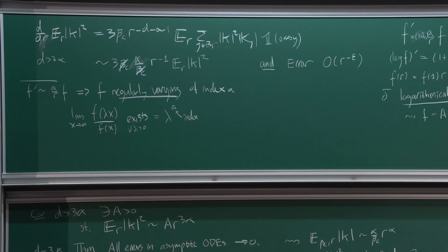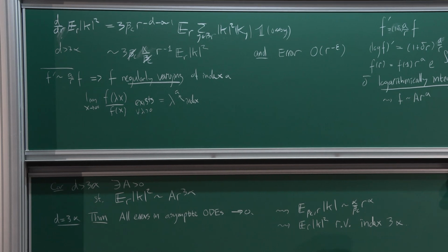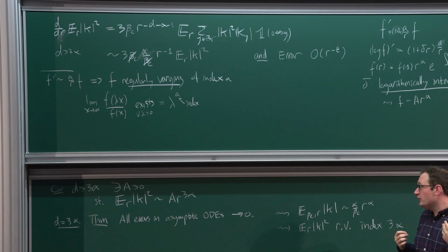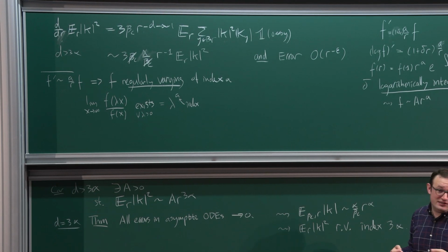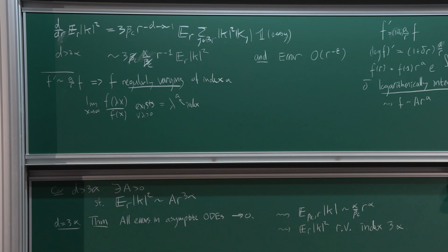Okay. So the nice thing is that for the rest of the analysis, we're going to be able to work with these regularly varying functions. It's actually just very natural to do all the analysis at that level of generality. And because the higher moment ODEs have better stability properties, these logarithmic corrections, if they exist or whatever they are, can only enter at this stage, and then they just propagate in a simple way. So let's see how that works.